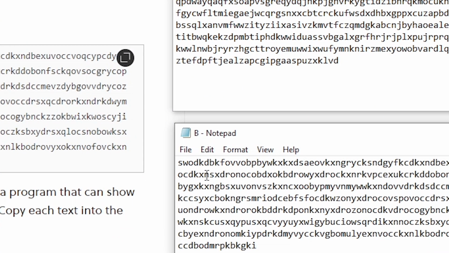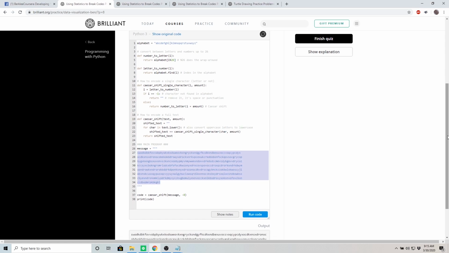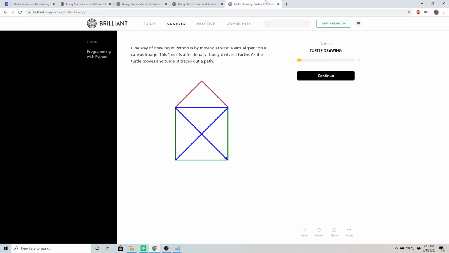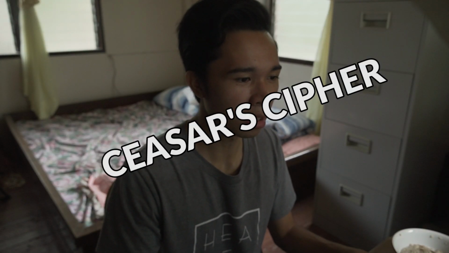As you can see, if you try to read this, what could the buck fob? Yeah, you get the point. It's not readable, so let's try to decrypt this using the second program. So basically, we'll just shift the letters because the logic behind this encryption is the Caesar cipher. If you're familiar with the Caesar cipher,